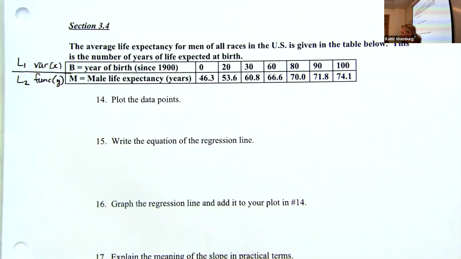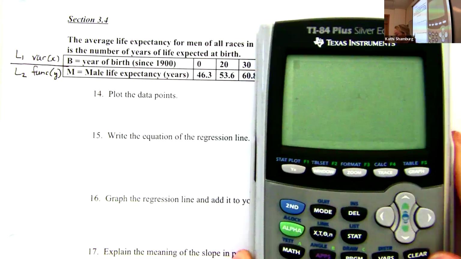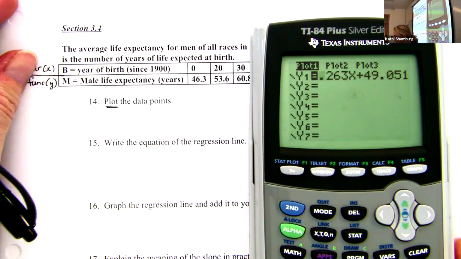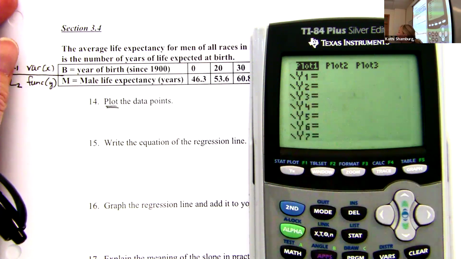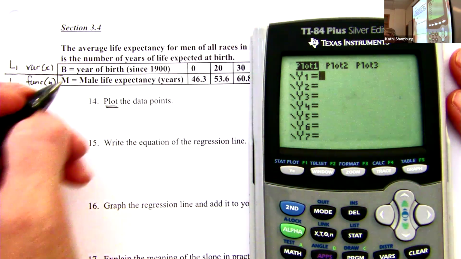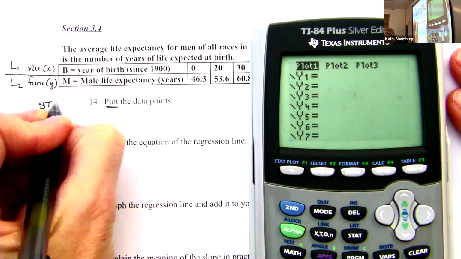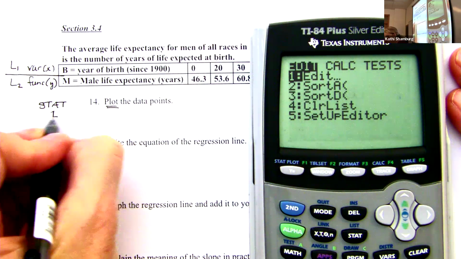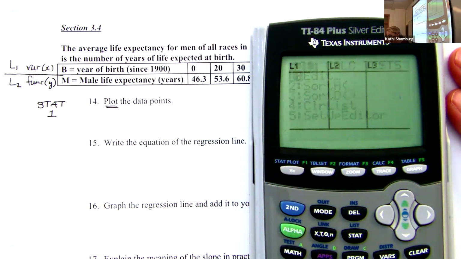Okay, y'all, this kind of happened in my first 930 class. If you're asked to plot, you go to y equals and make sure that plot is highlighted. Because I had someone that said, mine aren't showing up. Well, they didn't have the plot on. Okay, so if it says plot, how do we put in our data values? What do we go to? Okay, so we're going to go to stat. Now, of course, you're not going to have to write that on the test. I just do, so you'll remember 1, and then